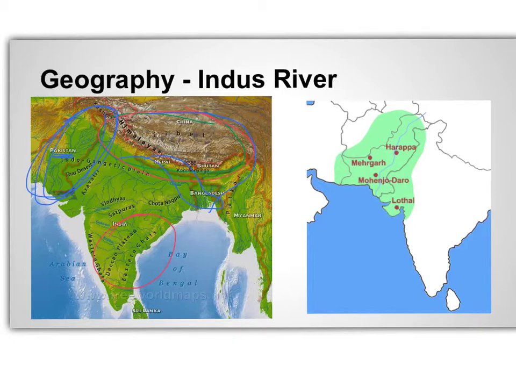We don't know a whole lot about this civilization, and we'll get into that in a moment. But the very first discoveries of this civilization occurred at a city in modern-day Pakistan called Harappa. And if we look at the map on the right, it's found right here. So that's where the Harappan civilization gets its name, where we first discovered the remnants of an old city near the current city in Pakistan called Harappa. So we called it the Harappan civilization.